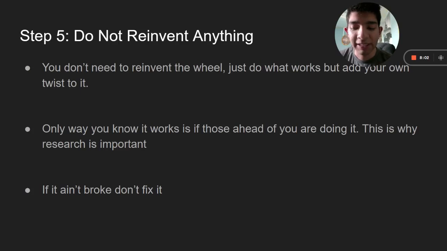Do what others are doing that are ahead of you, that are crushing it in their content strategy, that are in your niche. Implement some of what they do. Implement little bits. Take note of what they do, videos that they make, etc. Try to replicate that exact same video, but instead of being a carbon copy, add your own little twist to it, and you'll see how it can do wonders for you. So if it isn't broke, don't fix it.